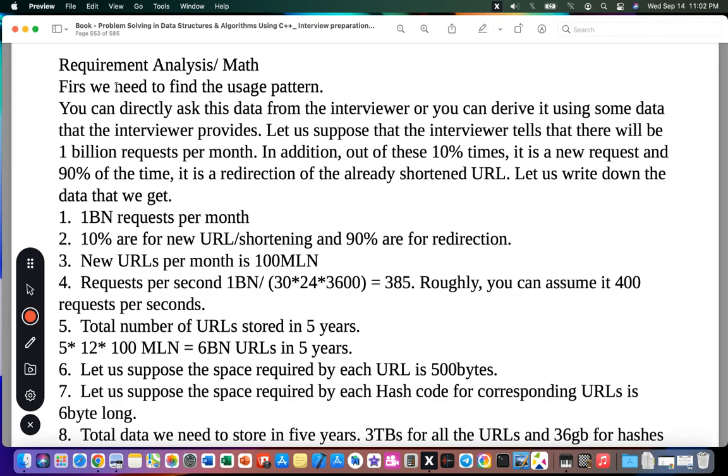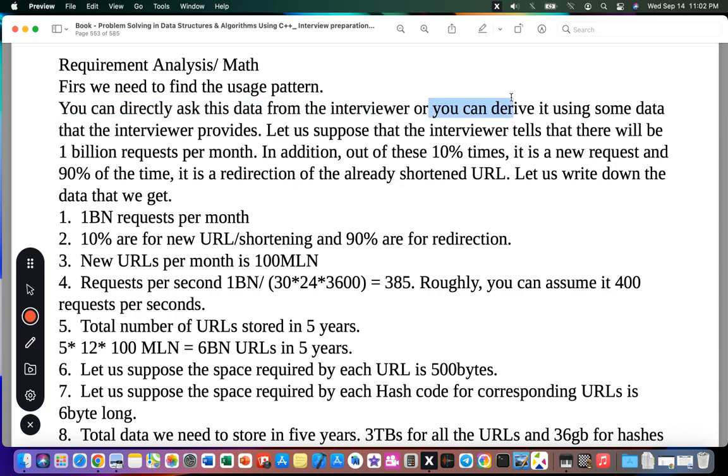Requirement analysis and math. First, we need to find the usage pattern. You can directly ask this data from the interviewer, something to be asked during the interview.